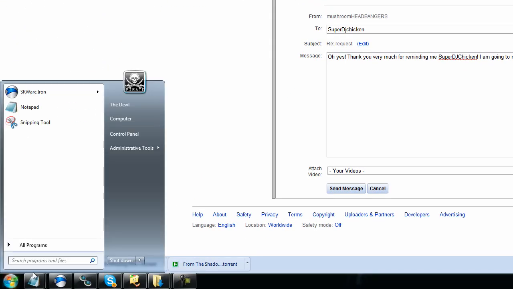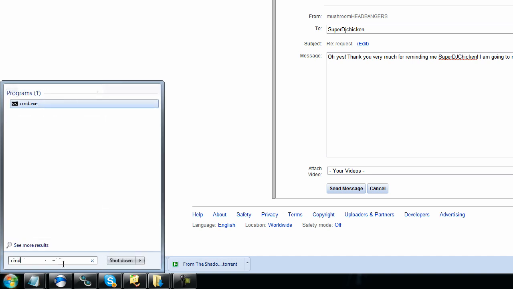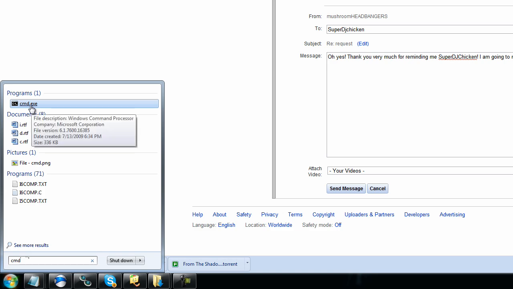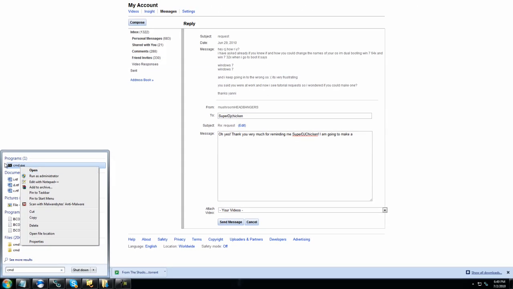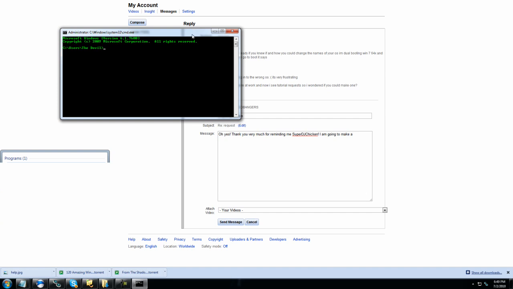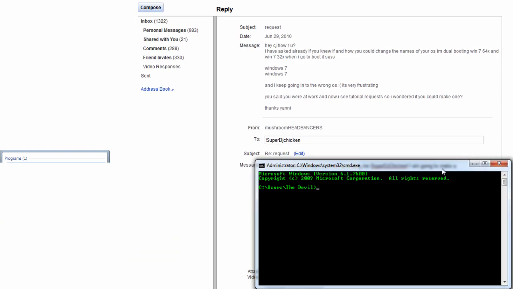First thing we need to do is open up command prompt. You need to open it as an administrator if you're not an administrator already on your account. If you do a simple search for CMD under your start, you should be able to find it here and run it as administrator through there. I'm already an administrator, so I can just open it straight up here. And also, one important thing to note is you need to be on